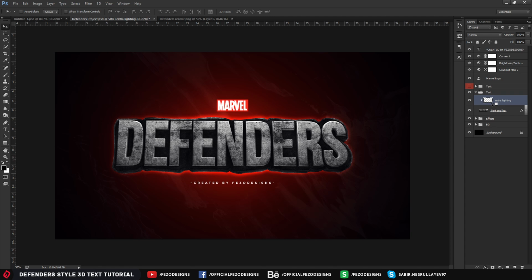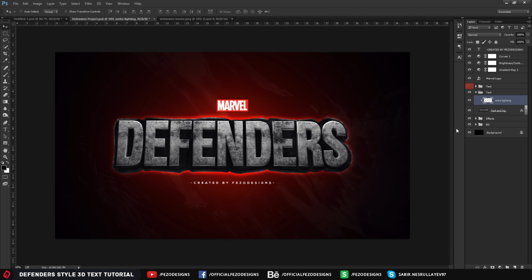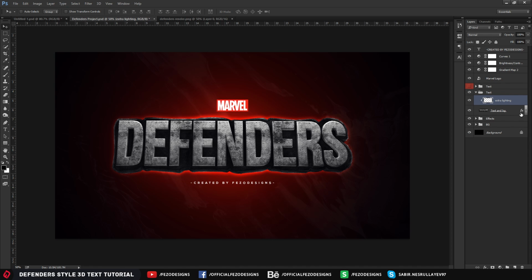Just one left click on it, and it creates the clipping mask. You can also right click on the extra lighting layer and create the clipping mask right there. It's the shortcut. You can press Alt, and you can also do it from there. Okay,